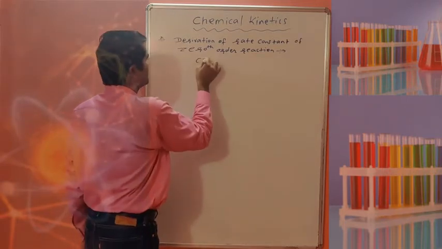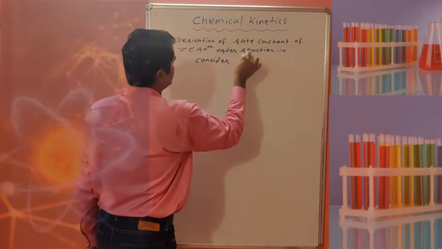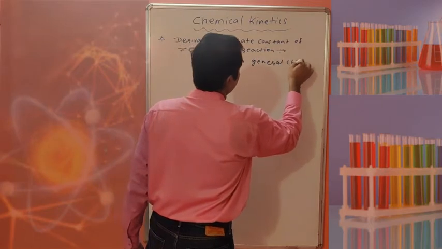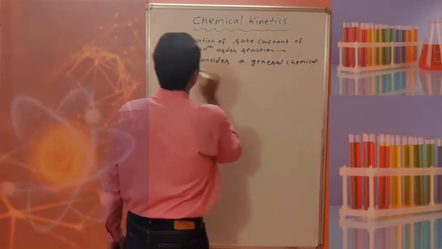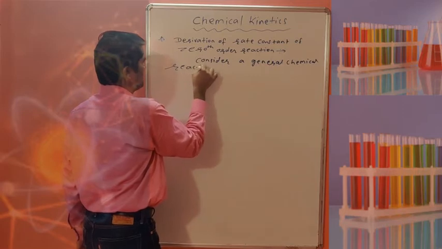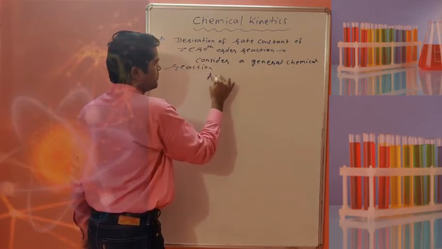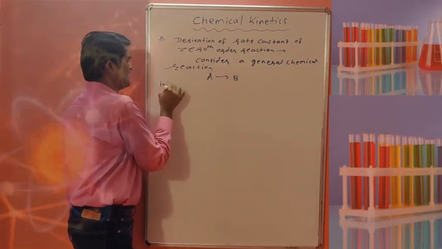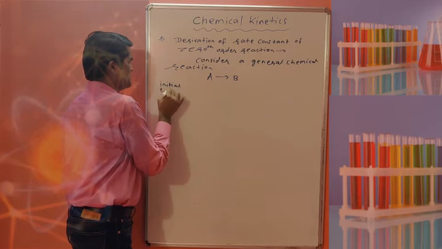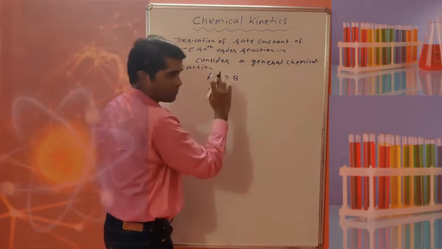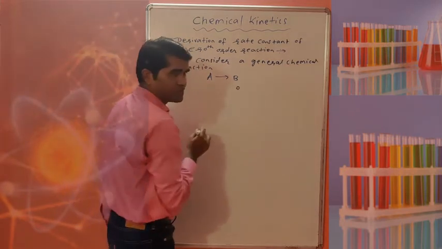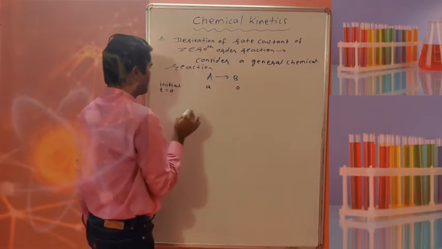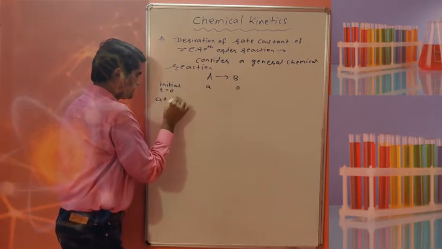So consider a general chemical reaction, A to B. In this reaction, initially when time is 0, the product was not formed, so the concentration of product was 0. Let the concentration of reactant at that time be A, and at time t